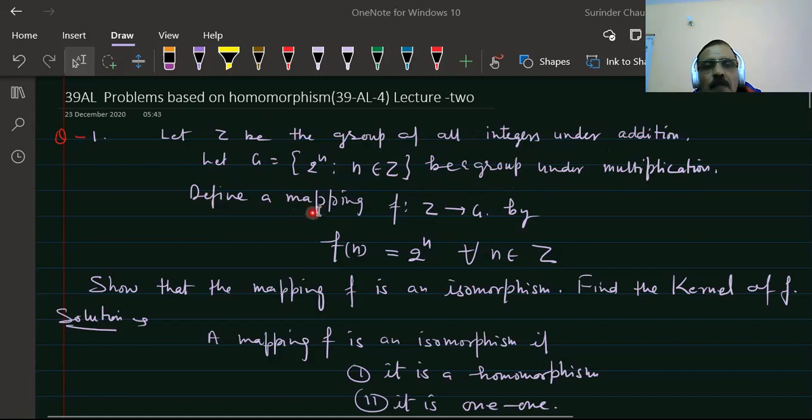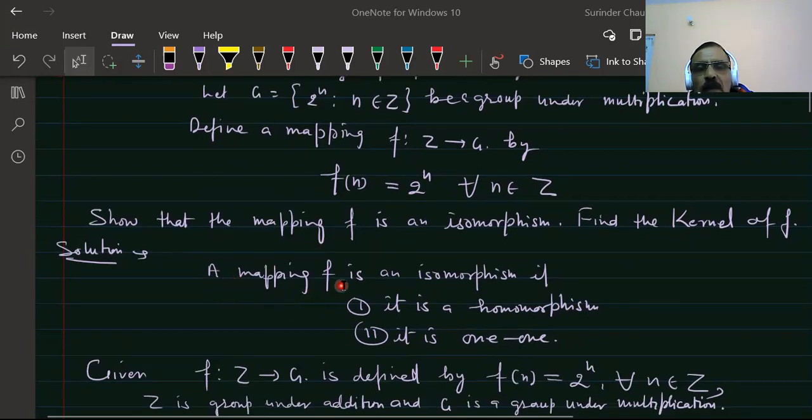We define a mapping f from Z, the set of integers under addition, to G, the set of numbers 2 to n where n is an integer. We define f of n equal to 2 to n for all n belonging to Z. Our aim is to show that the mapping f is an isomorphism and find the kernel of f. So the solution is: